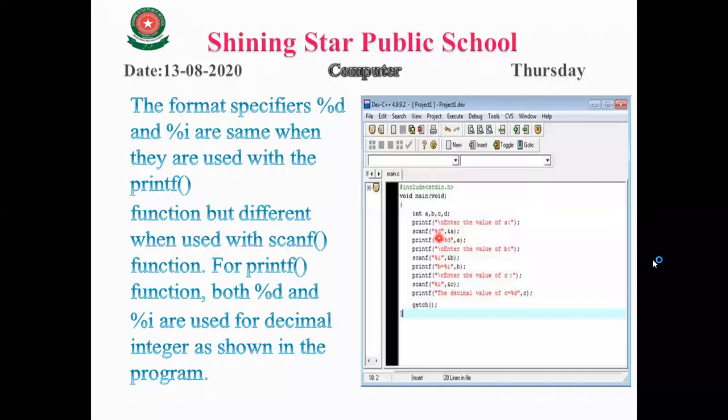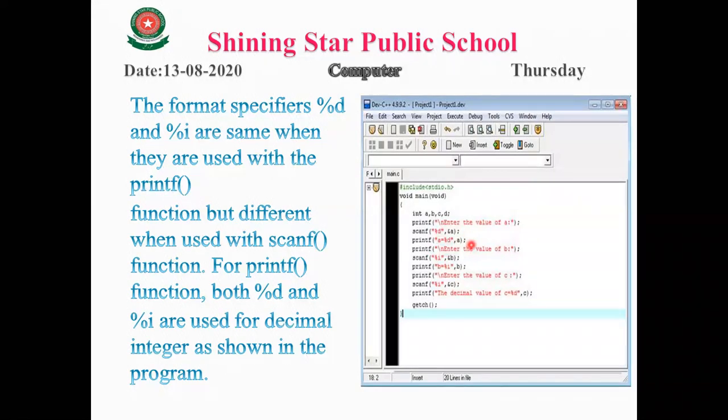So %d means we have to take the input data, let's suppose 15, 20, 25. So when the user enters the 25, it will be stored in variable a. Okay. Now printf inverted commas a equal to %d comma a semicolon.